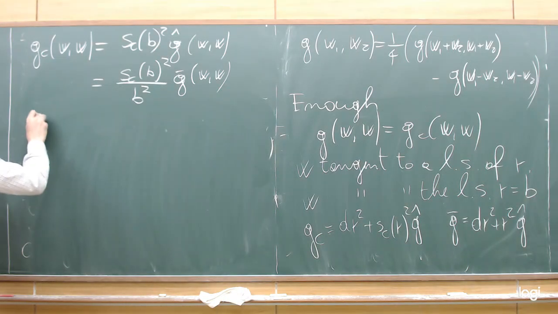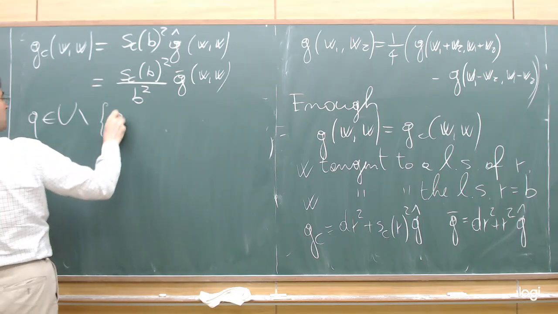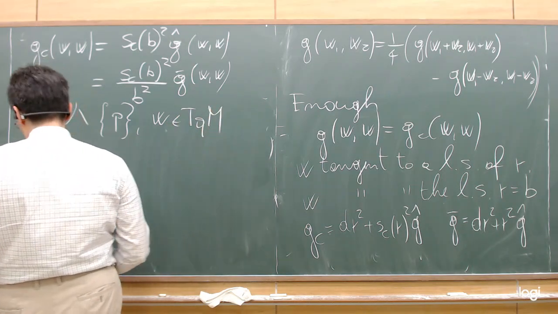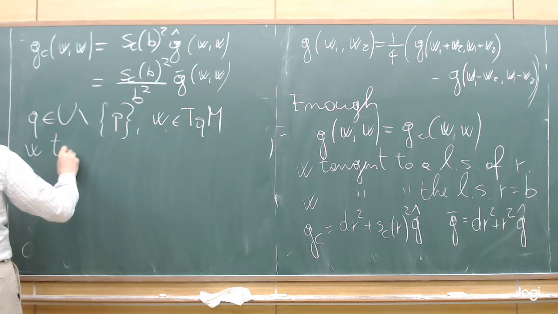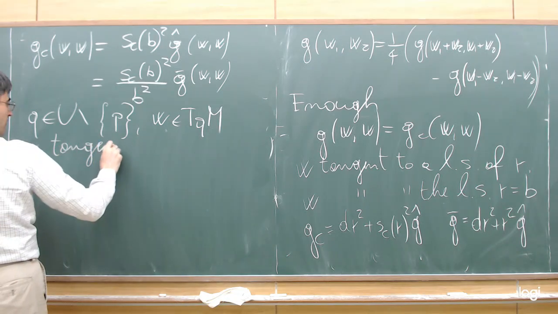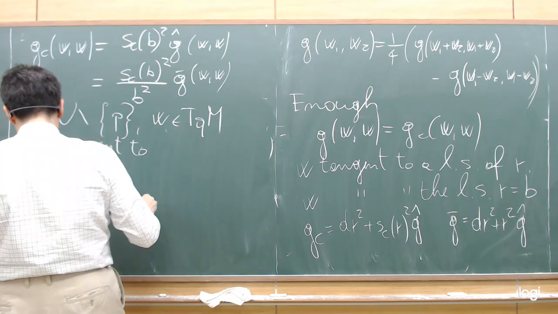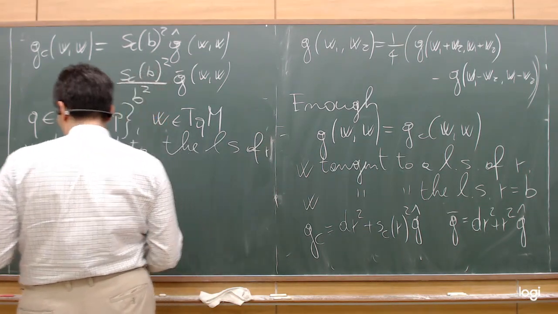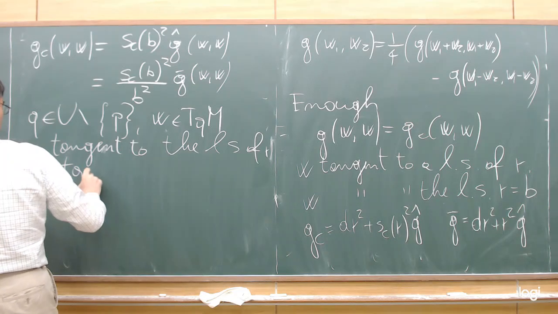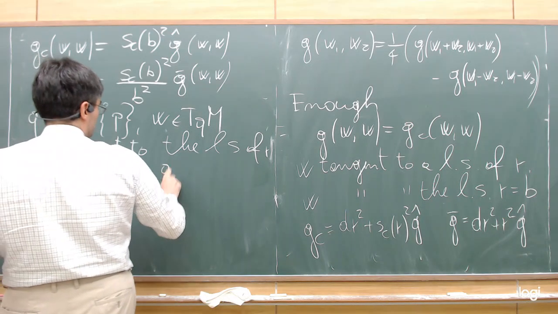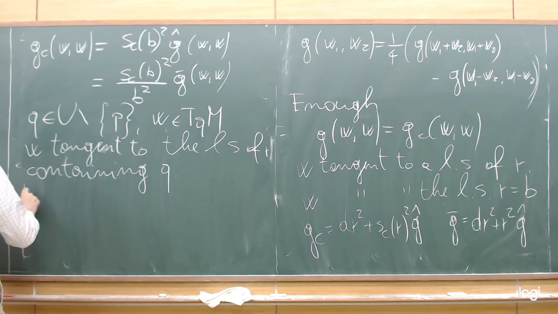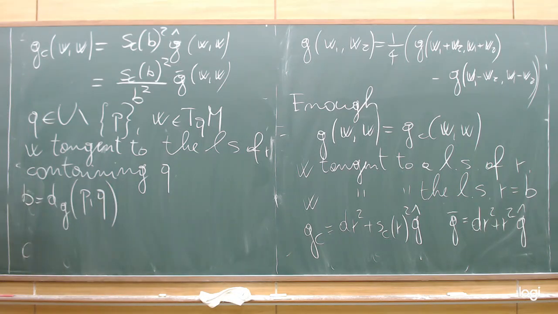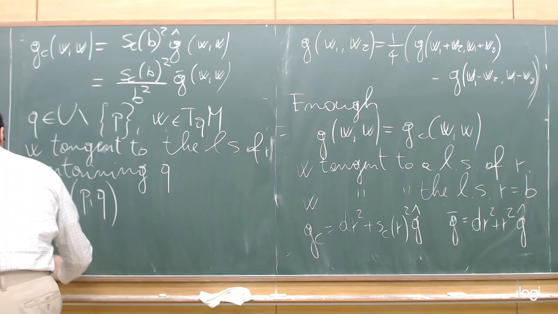Now suppose that Q lives in U minus P, W is in T_Q M, and W is tangent to the level set of r containing Q. Then if b is the distance with respect to the metric g between P and Q, then this map